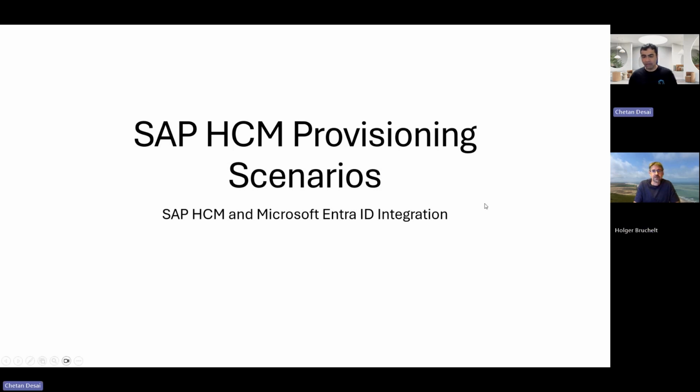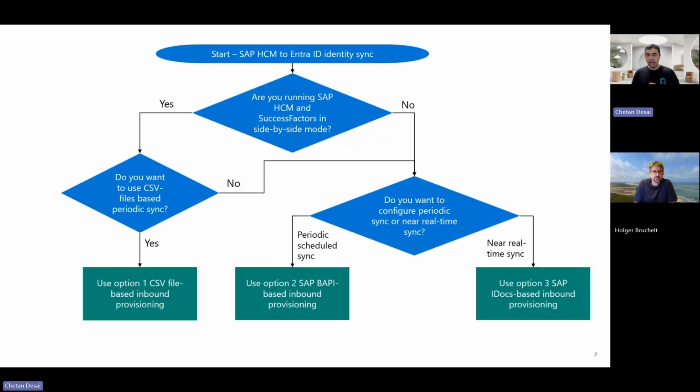Yeah. So we'll talk about the three options that we have listed in the document and why we thought about those three options, right? This is, again, based on a lot of market research, partner guidance, and even understanding from customers how SAP HCM is actually configured by them. So let's say you start a project where you want to sync data from your SAP HCM into either Microsoft Entra ID or your on-premises Active Directory that is connected to Entra ID.